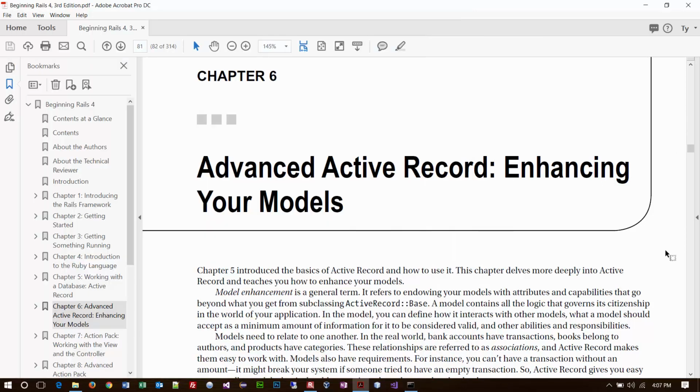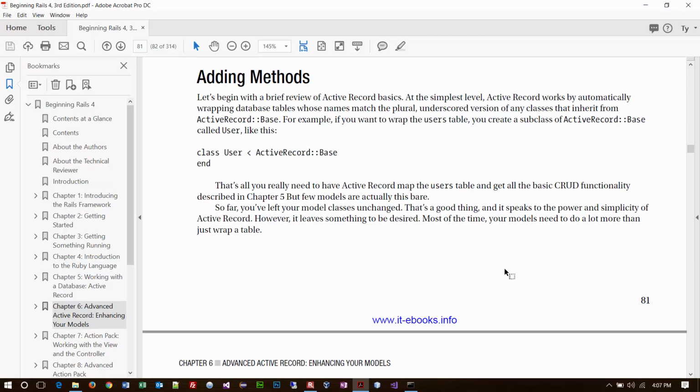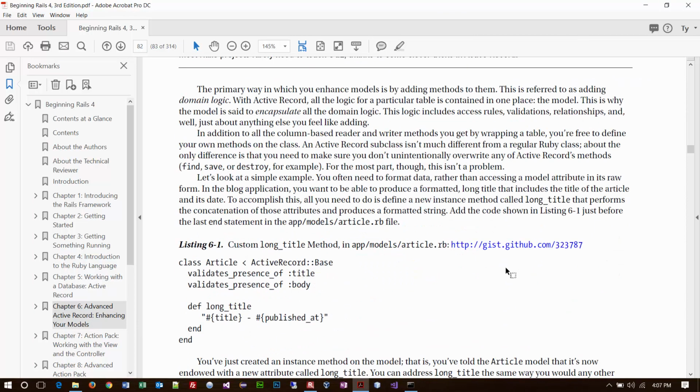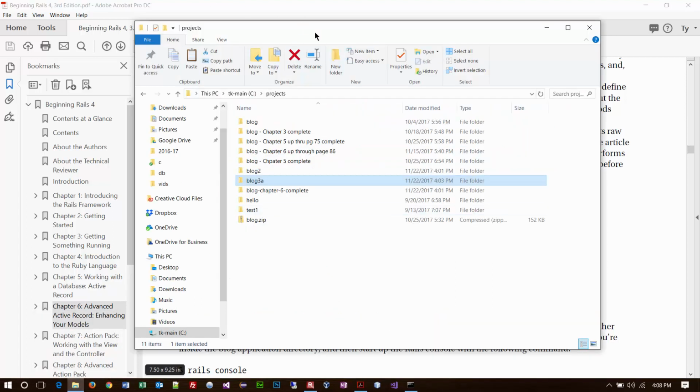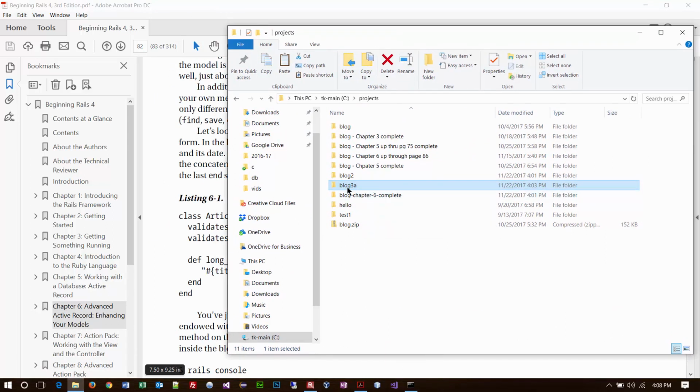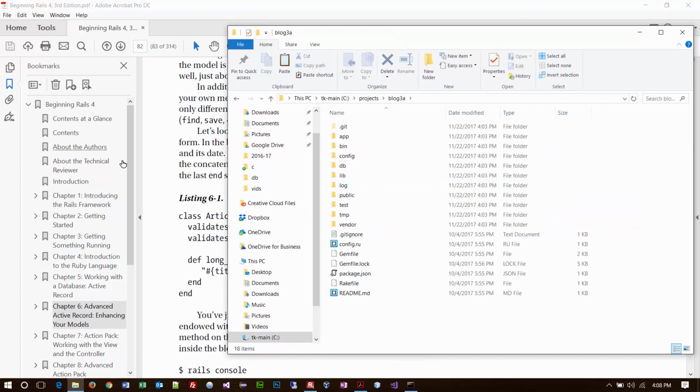All right, so I'm going to dig into Chapter 6 and start to go through it kind of quick. I'm not going to be lecturing on this. The attempt here is to get everything up to snuff and get Chapter 6 done so we can move on from it. So here's what I'm doing. I'm actually going to be checking the files now. So the first step